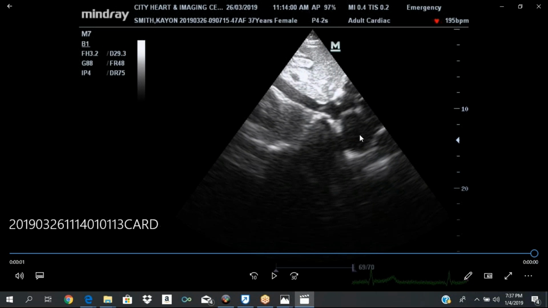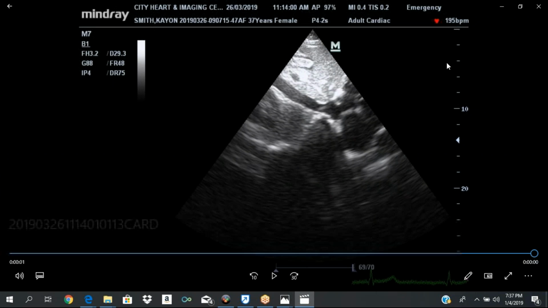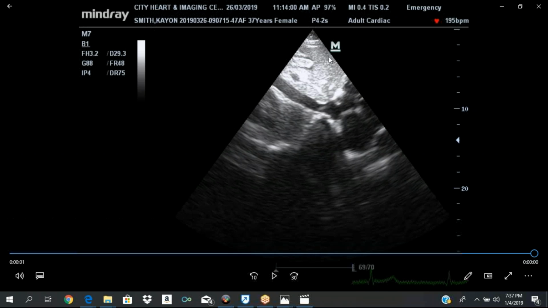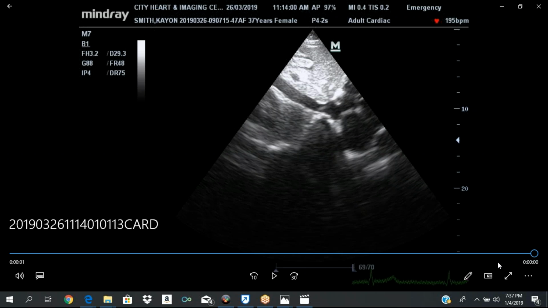Okay. And of course, you have to measure the inferior vena cava at end expiration. You have to see the width of it. So that's your standard views. The only thing we didn't do is this suprasternal notch view. But again, you need to practice. You need to go over it because